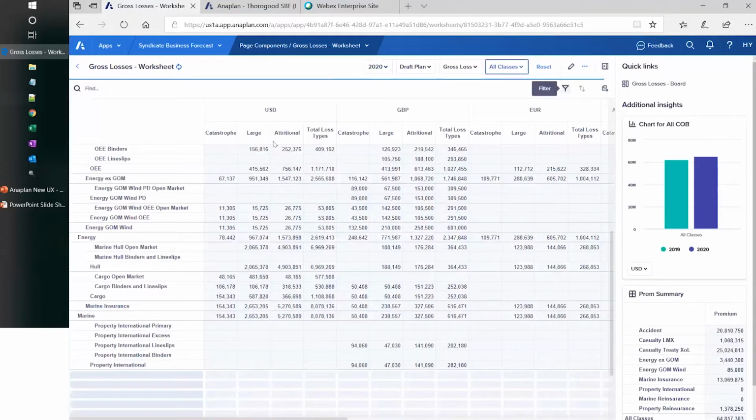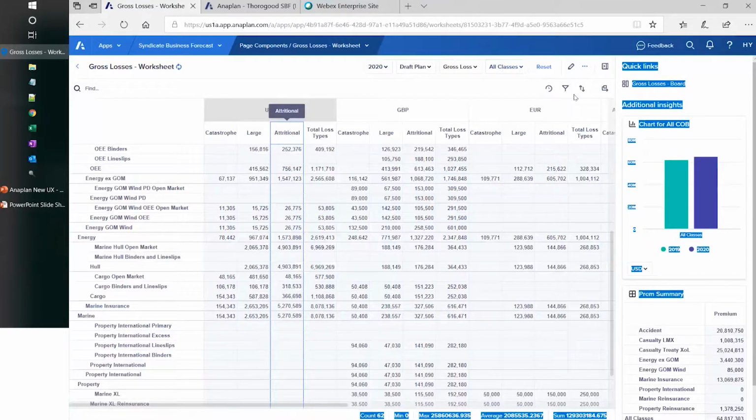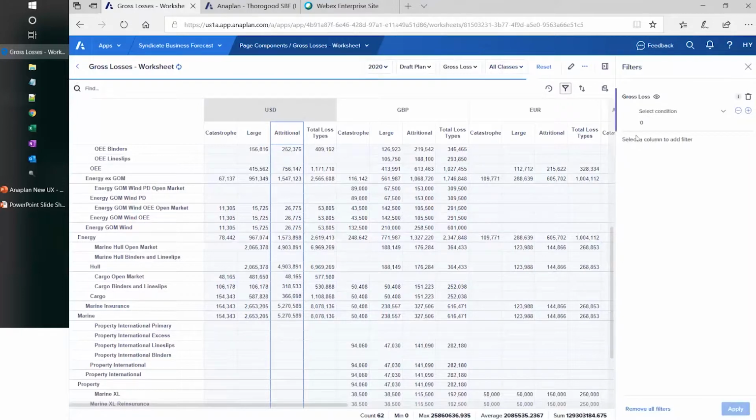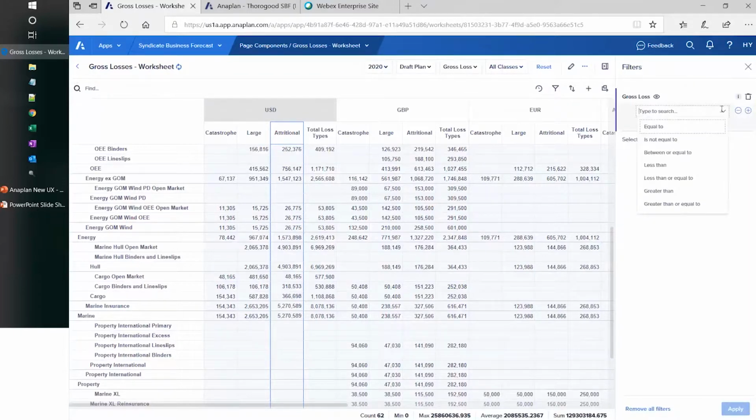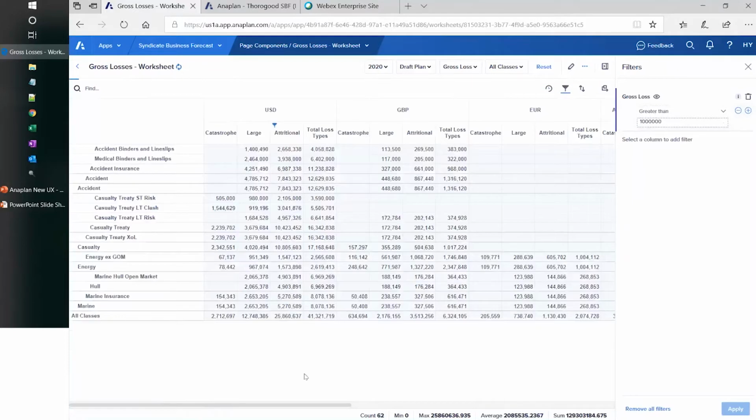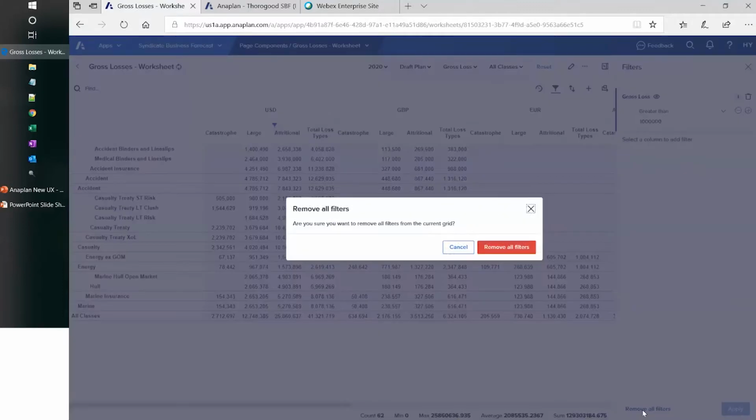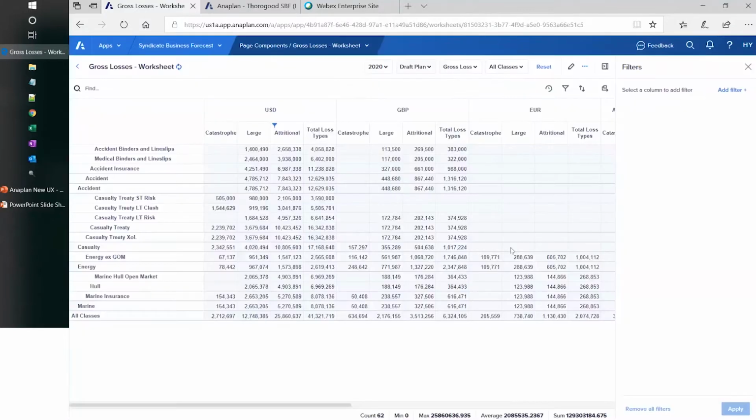We've got a filtering system. I can highlight a column and then filter that column. So I've got a number of different conditions. So it's like the standard ones, the greater than, less than, etc. So I can do greater than and then say 1,000,000. And then my column will be filtered accordingly. That filter,